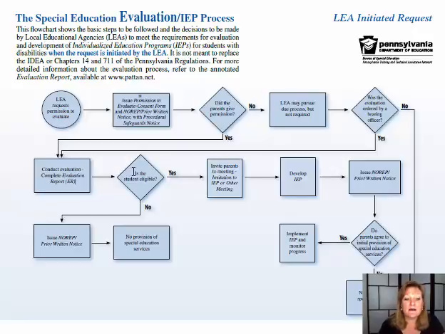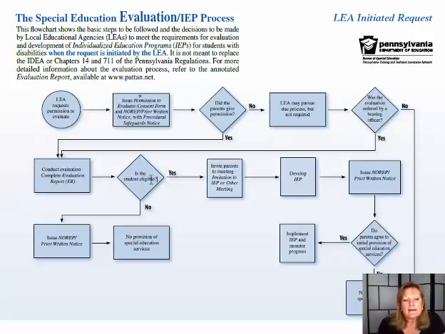Okay, and then the school psychologist determines if the student is eligible for special education services according to the criteria that we use as part of education law. The specific education law is the Individuals with Disabilities Education Improvement Act, and I'll get to that in a little bit. Okay? The school psychologist decides if the student's eligible based on their entire evaluation. If the student's not eligible, then they send home what's called a NOREP, or Notice of Recommended Educational Placement, to the parents saying that the child did not qualify for services.